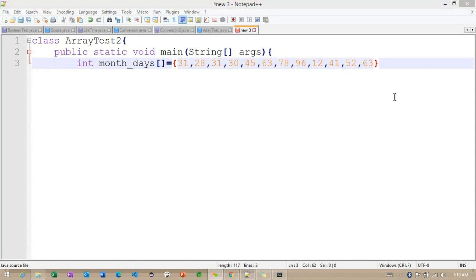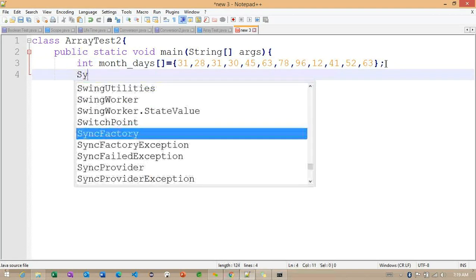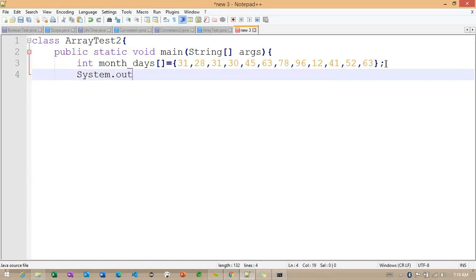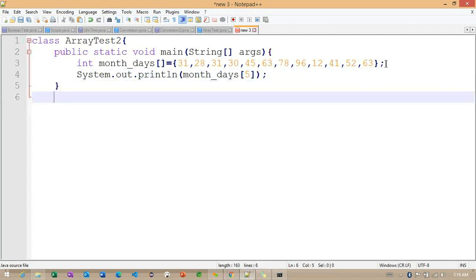Right. Now you can see how many values we are creating here. These values are going to create one array internally, and these values are stored based on the index numbers. If I print System.out.print month_days 5, the same number I'm trying to print here.